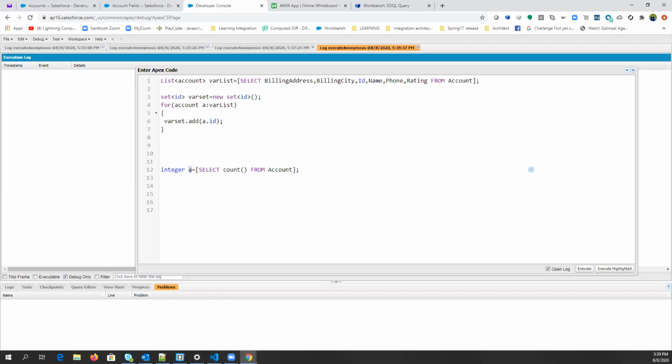Okay, guys. So in the same way we have different types of aggregate functions. One is average, count, min, max, and sum.